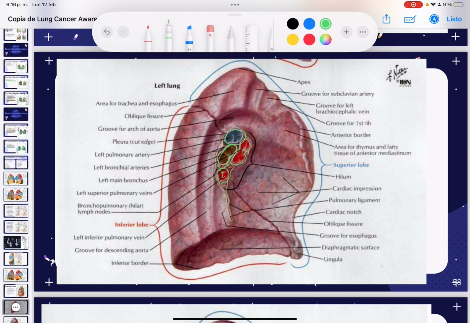We have, this is the hilum, pulmonary ligament. We have, this is the diaphragmatic surface,